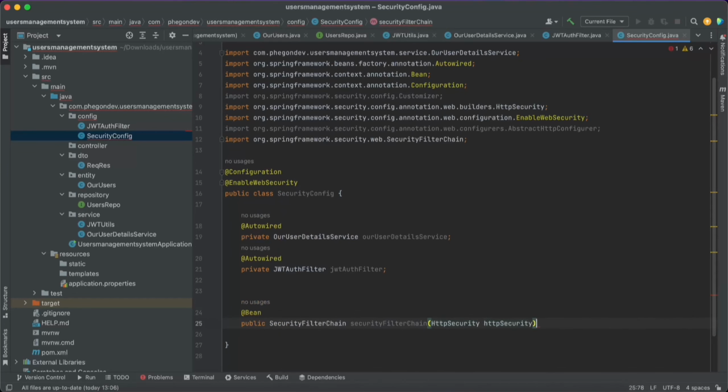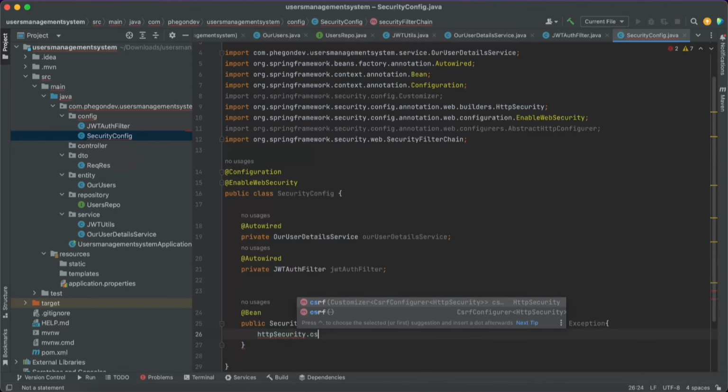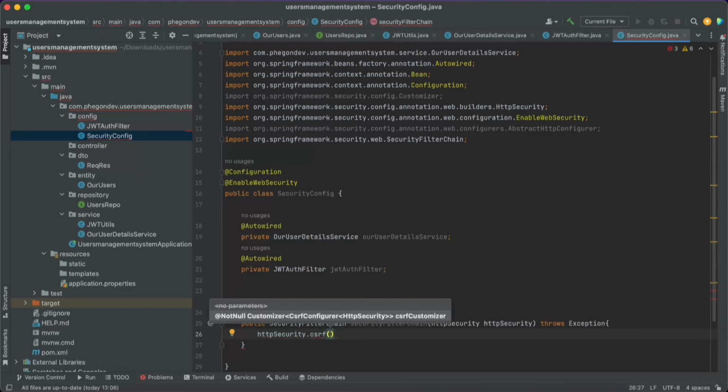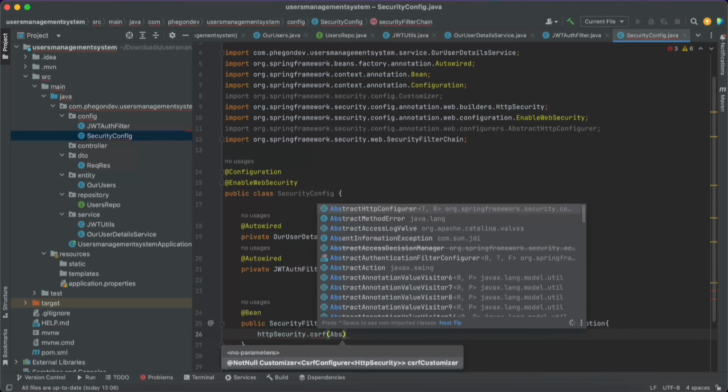Leave it at that, and let's just throw exception. If we don't throw that, it's going to yell at us. So yep, security dot csrf. Let's disable the default configurer, abstract HTTP configurer,